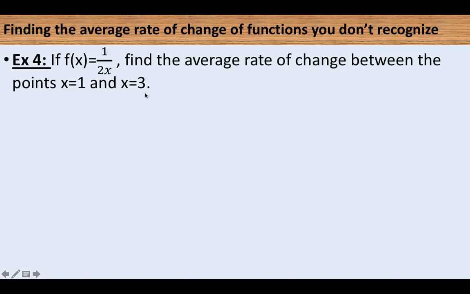Again, step 1. I usually want to recognize what I need to find the average rate of change. Step 1 is I need my formula. Oh, well, where is it? It's not popping up, so let's just pretend I didn't do that. But just imagine I popped up my m equals y2 minus y1 all over x2 minus x1. So basically I'm finding the average rate of change between x equals 1 and x equals 3 of